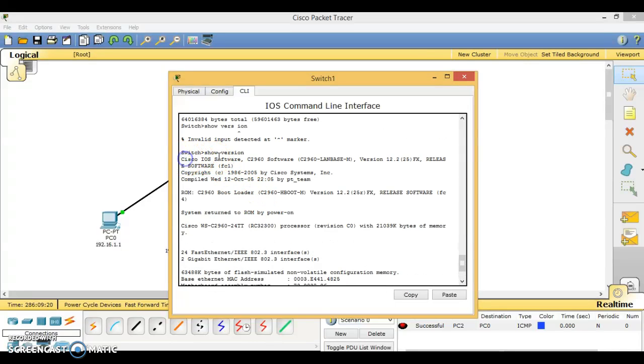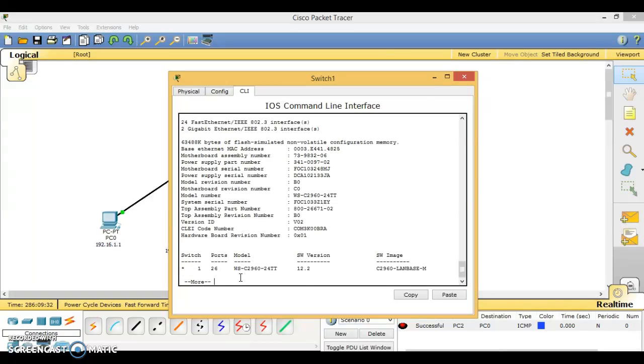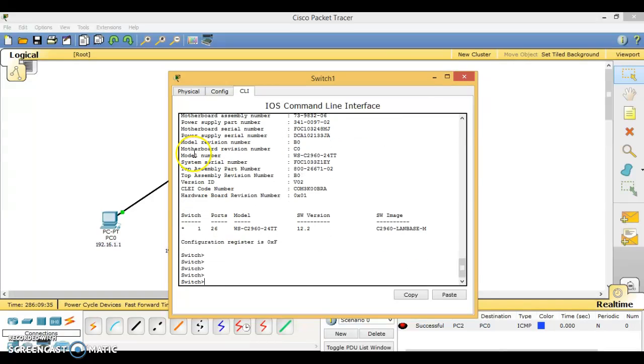Just see here, Cisco IOS software and switch device C2960 software. Everything related to the switch and versions it will show here. So we can get all the details. One switch is there, 26 ports are available, and C2960 24TT is the model number of the switch, and the version is 12.2, and I think the SW image is given here. Then the third command is